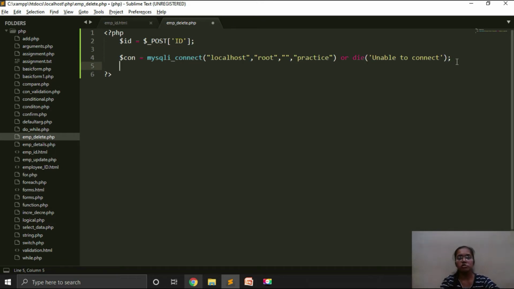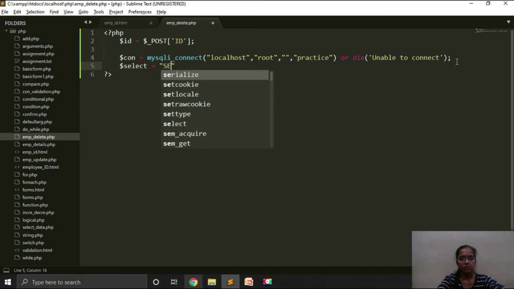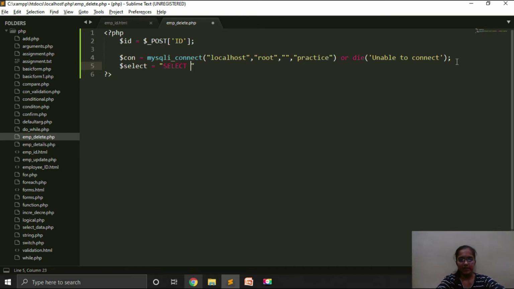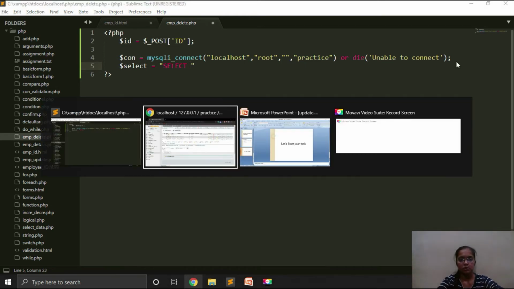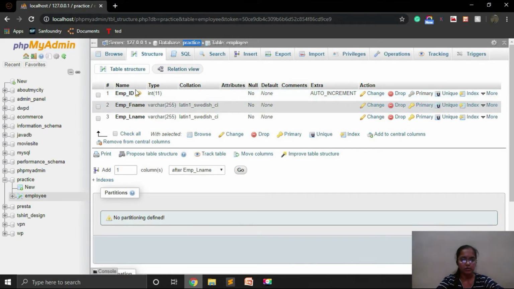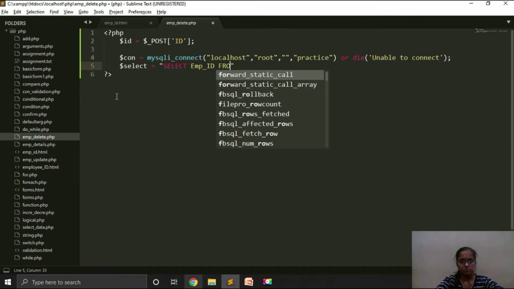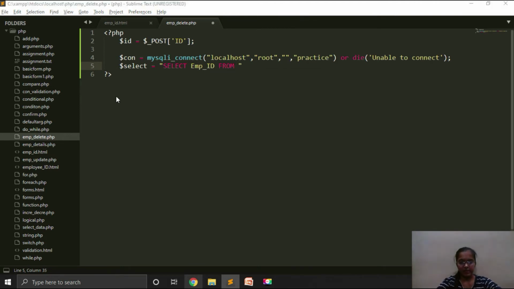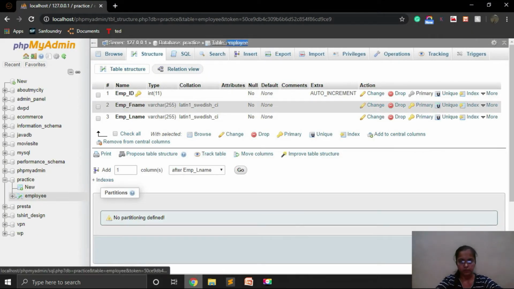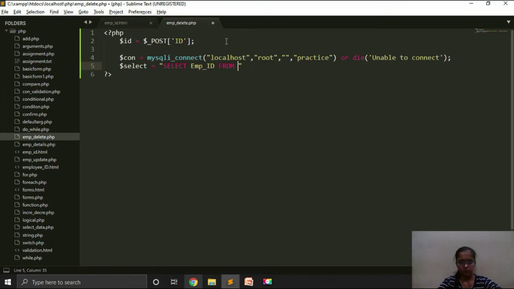Now we have to assign the select query. For that I am using the variable select and our query will be select. We have to select only ID, so select emp_id from the table name, that is employee. Now we have to fire the query.